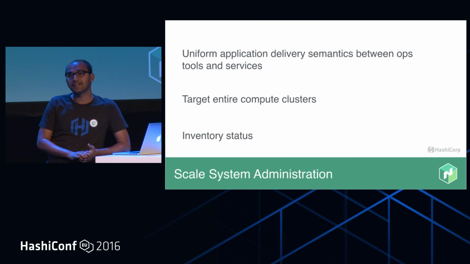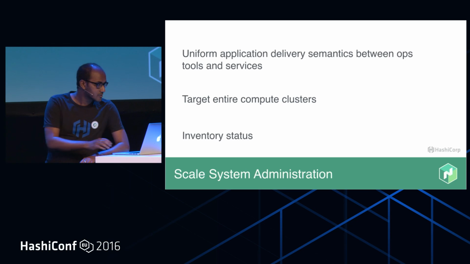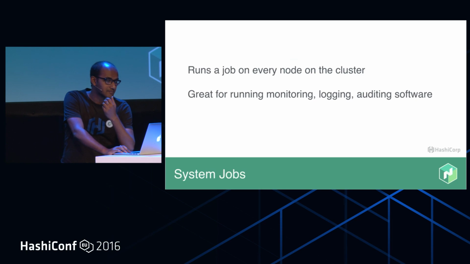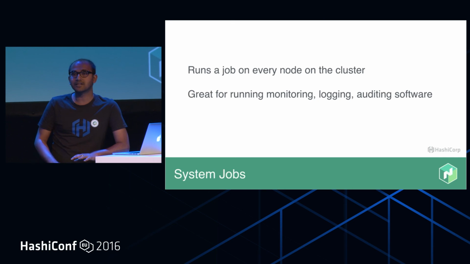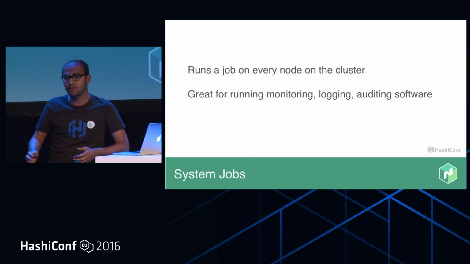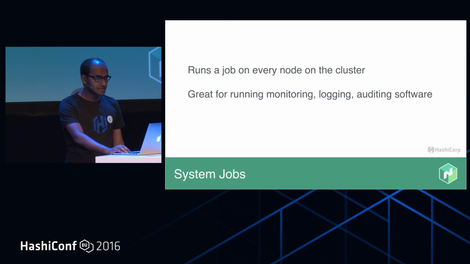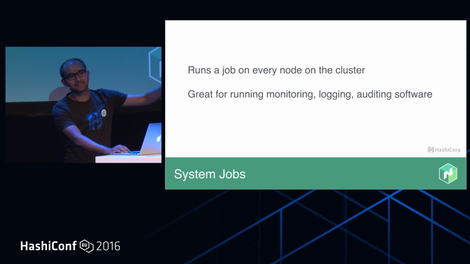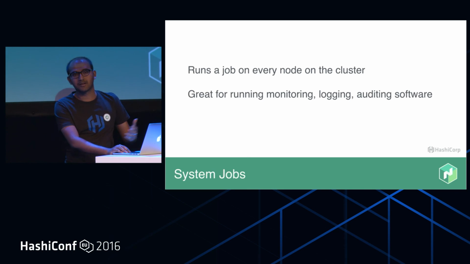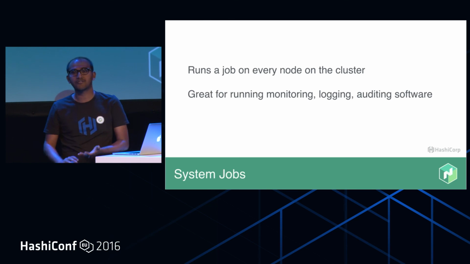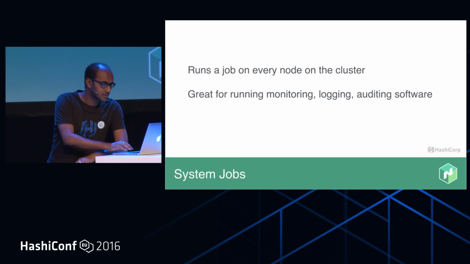And for that, they need a way to target the whole cluster and not a few nodes. So we brought in something called system jobs. With system jobs, you can target the whole cluster, and you can run things like auditing applications or monitoring systems or logging systems across your cluster. They're really good for running tools which have to be running consistently on all nodes. And whenever a new node joins, Nomad runs those submitted system jobs automatically. There is nothing that needs to be done. You can just bring in new nodes which have nothing, and all of a sudden you'll see your sysadmin tools running on those nodes.